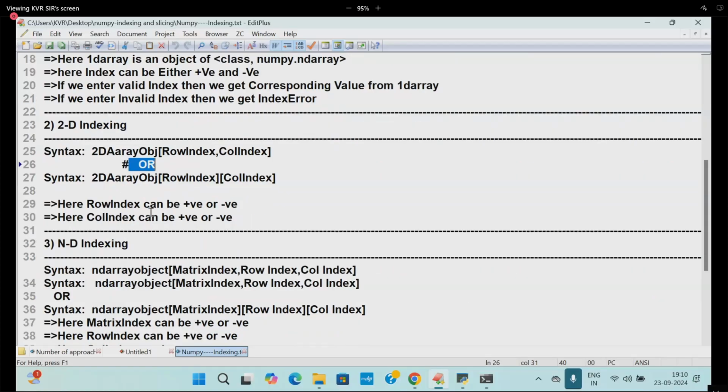Come to ND indexing. ND array object of matrix index, comma, row index, comma, column index.